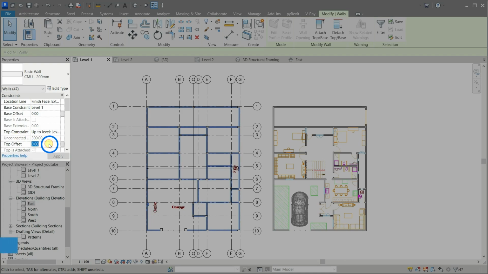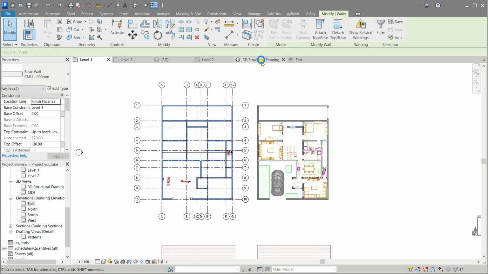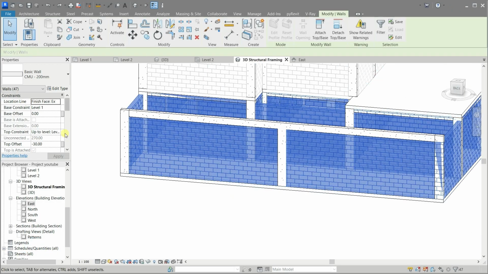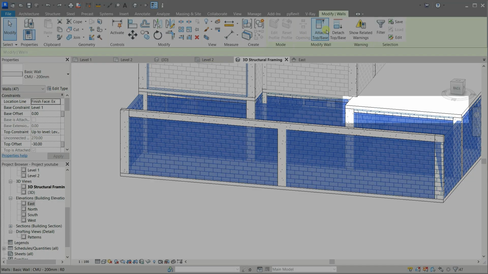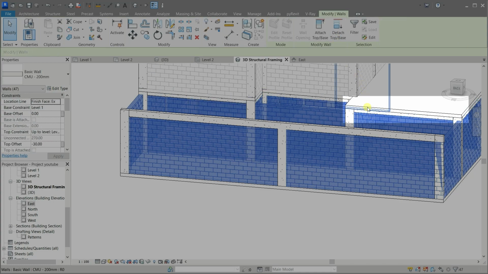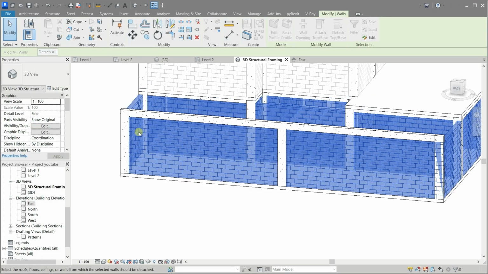In the Properties area, change the top offset field to -30. In the 3D view, while the walls are still selected, use the Detach Top Base tool and click the level 2 floor. See how the beams start showing up?